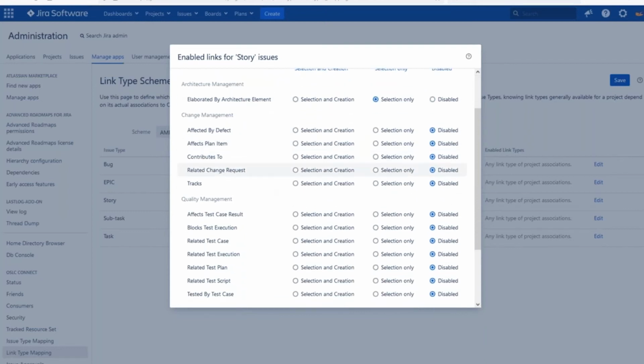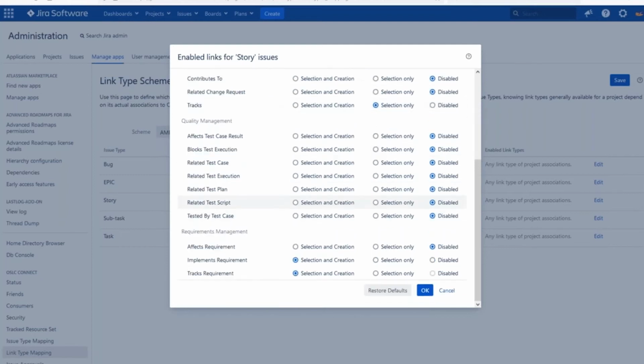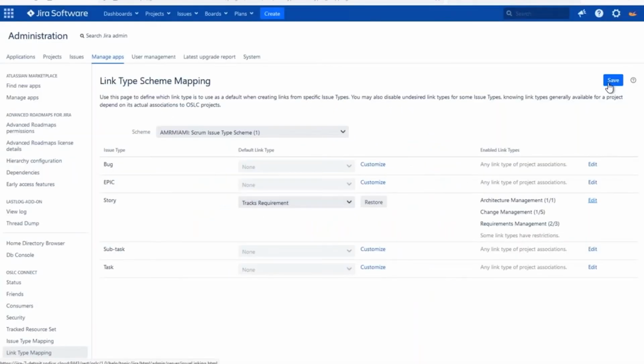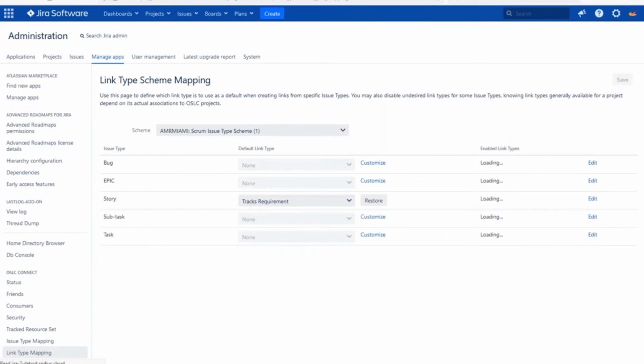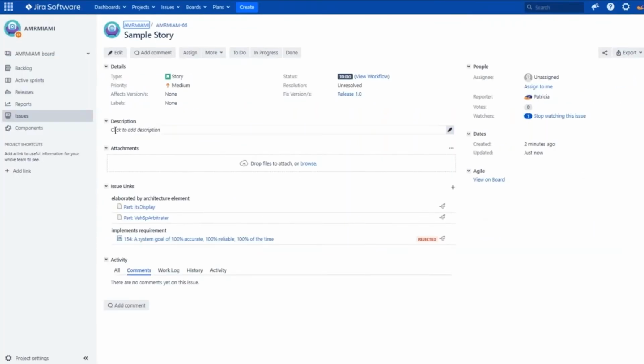And from a change management perspective, maybe I want to be able to create a tracks relationship, but only select existing artifacts that are there. And so this allows me to configure how that link dialog shows up to a user. So if I go ahead and say, okay, save this, and we go back over to our dialog within our project here. So I'm a story here. So the next time I come in here to go ahead and do a link,